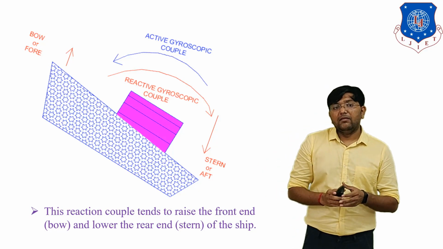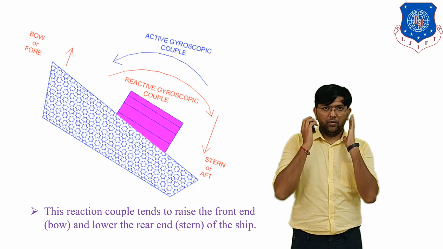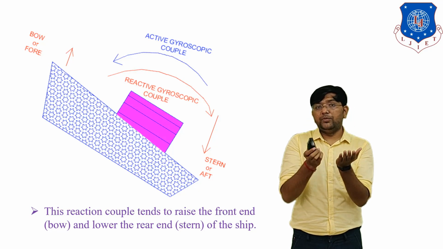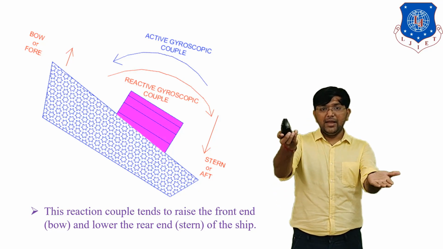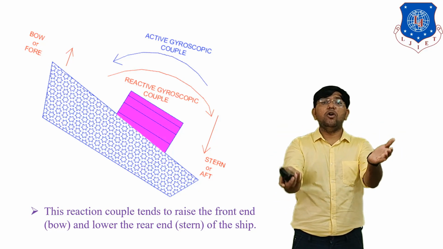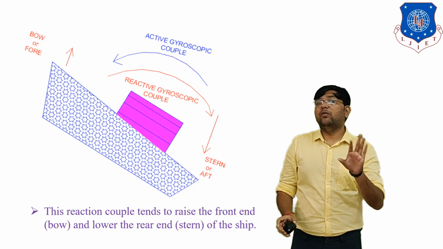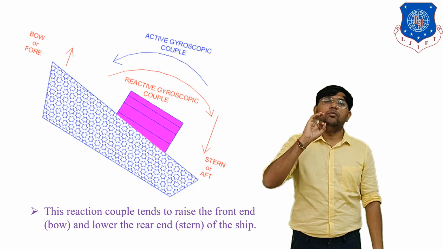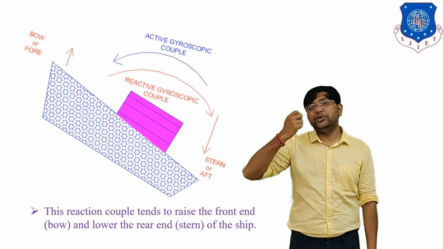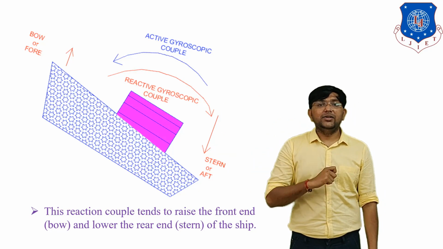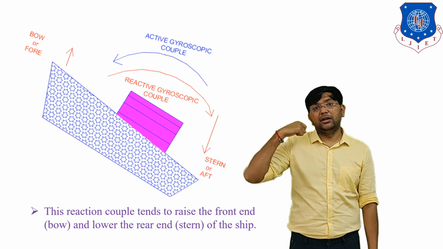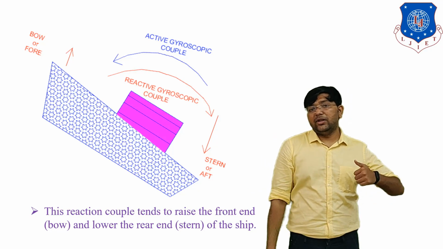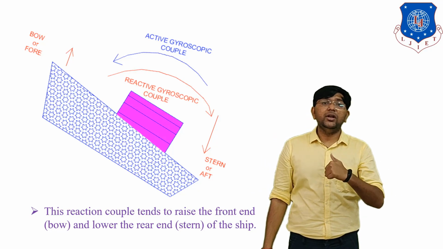Clear? And what is rolling motion? Now you have to identify and understand what rolling motion is. Whenever you observe the ship from the front side, at that time the cyclic up and down motion of the starboard and port, you all know what starboard and port are, so the cyclic up and down motion of starboard and port is the rolling motion. Clear? In rolling motion, the position of the axis of spin does not change. That's why in rolling motion no gyroscopic effect is generated. Clear? So in the next session we will discuss the gyroscopic effect on a ship because of pitching motion.